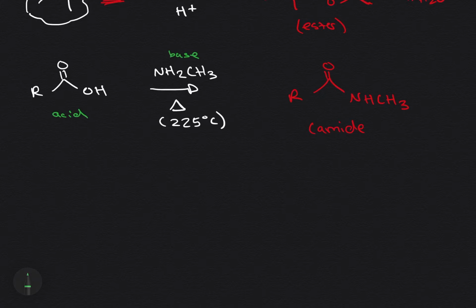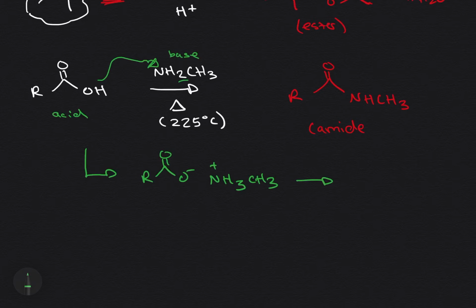What happens in those is the acid wants to donate its proton over there, so that would give us R like this with O minus, and this is actually a salt here, NH3 now instead of NH2, CH3, and this has a positive charge there, which is actually a salt there. And then in your next step you add heat,